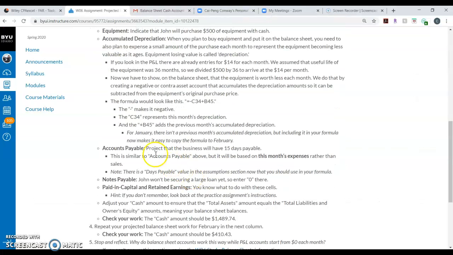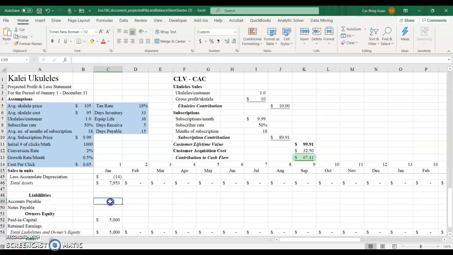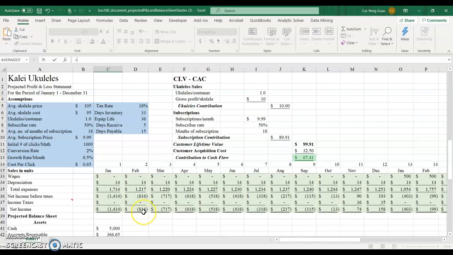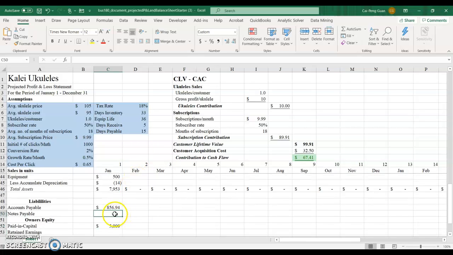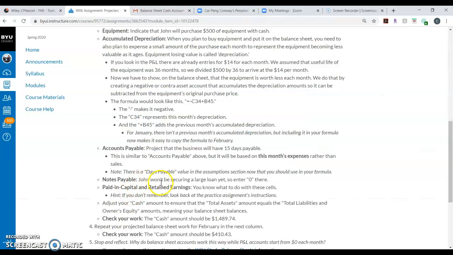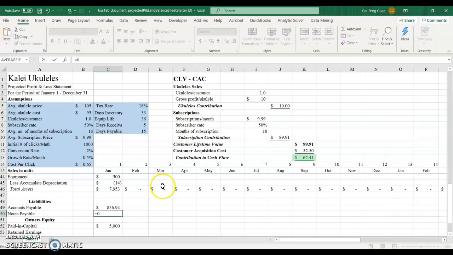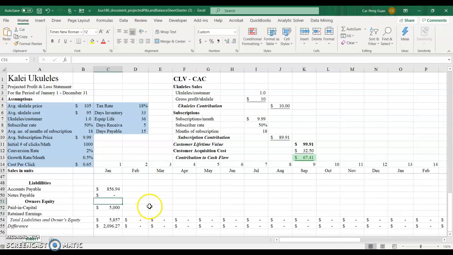And now when we go to accounts payable, it's based on this month's expenses. So this month's total expense, divided by 30 days times days payable. We got this amount. Our notes payable here is 0. Okay,